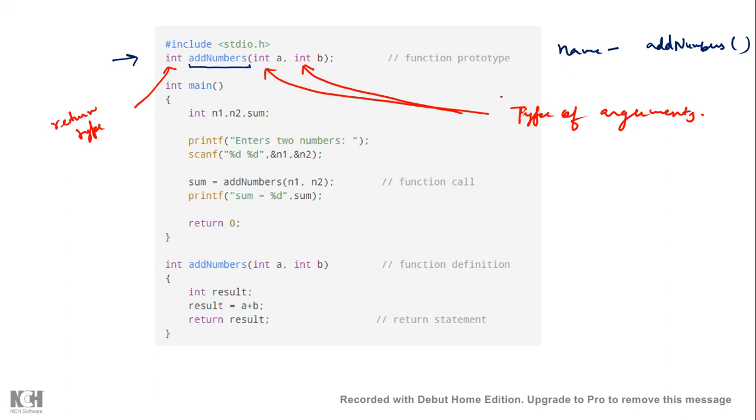Now, what are the cases in which a function prototype is not required? The function prototype will not be required when we write the whole body, the function definition part. This is our function definition part. If we write these statements above the main function, if we define it before the main function, then we need not provide this function prototype information. We can directly write the code and then use it in the main function. Remember, the prototype should be defined before using the function. Before the function call, it should be written somewhere in your program.